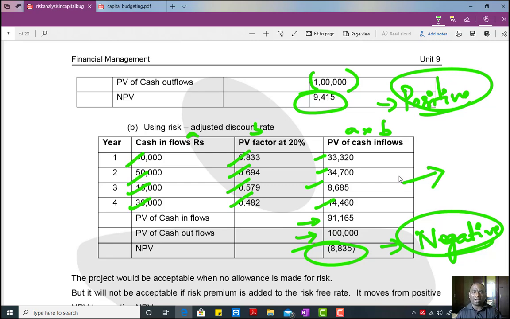So far, I have completed what we call the risk adjusted discount rate method. Now I will do the next method in my next tutorial. Till then, you have to